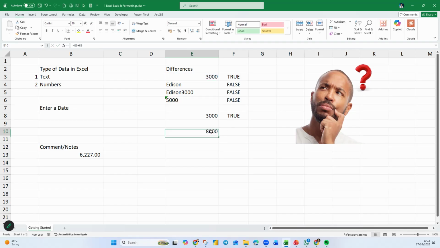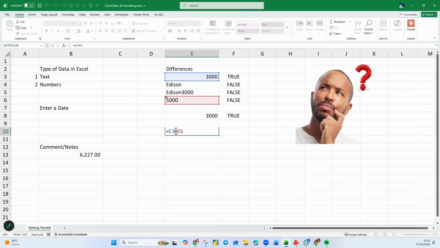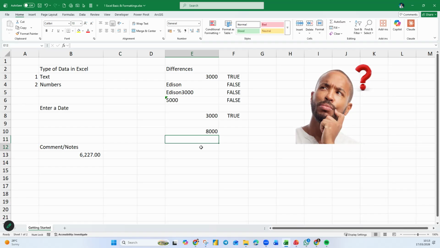8,000. Now, because I am using the mathematical operation plus, it can be minus, it can be multiply, it can be division. As long as it's a mathematical operation, they don't care. As long as the cell is a number, they just add it up for you. So if I force them to do things like this, 3,000 plus addition, then I'll get an error. Remember, I told you all the errors that appear in your Excel are rooted from where? From the data type. If you give them the wrong type of data, then they will not be able to calculate. So they say #VALUE.